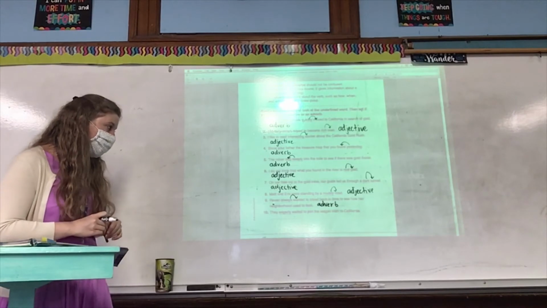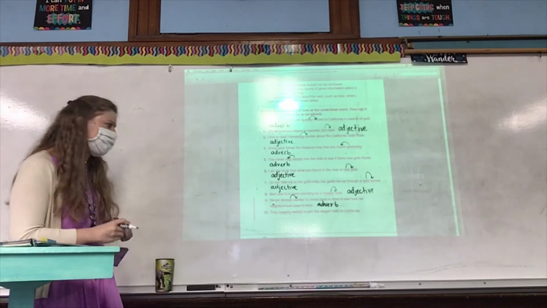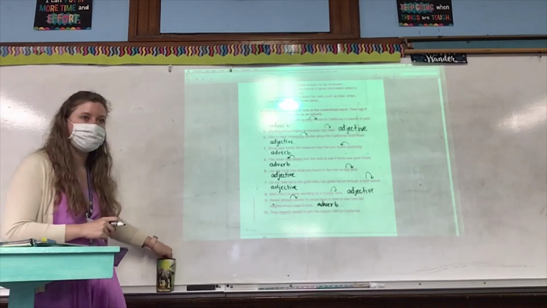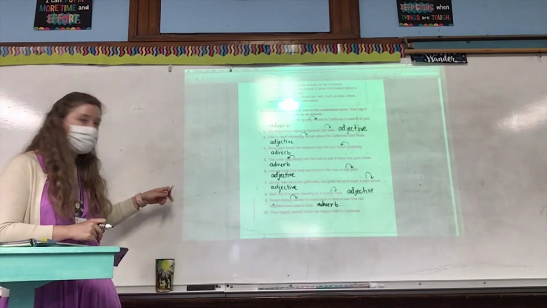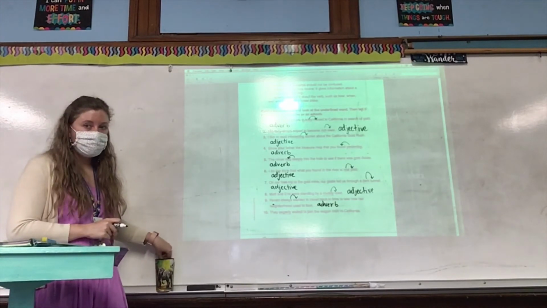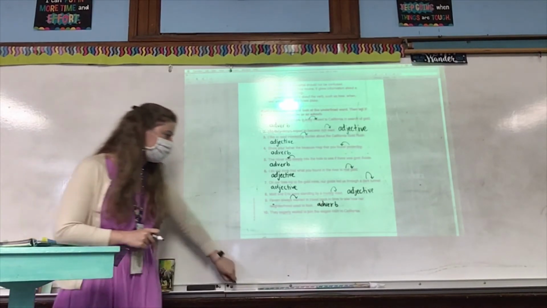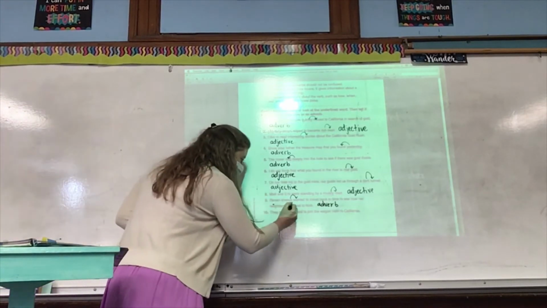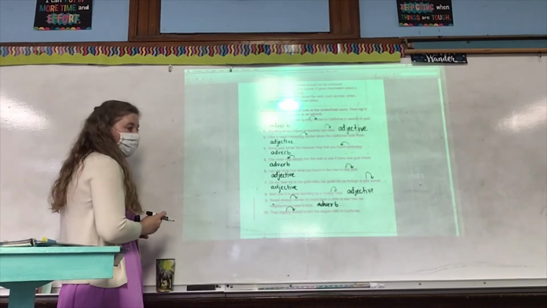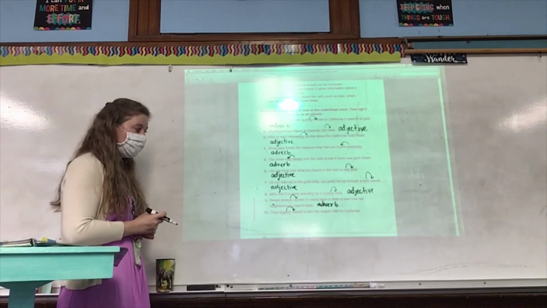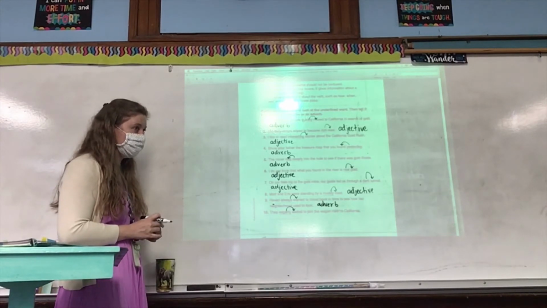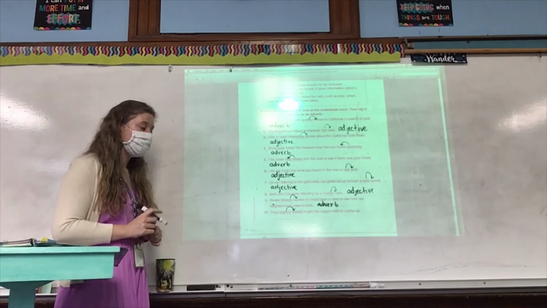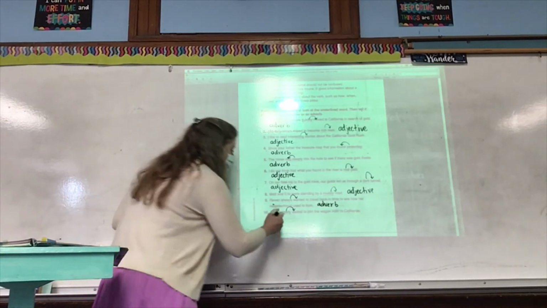Number 10, they eagerly waited to join the wagon train to California. Let's see, I keep picking people. Who has not gotten a chance to do one of these yet? Zadie. Eagerly describes what? Waited. Is waited a noun or a verb? A noun. A noun, it's a person, place, thing, or idea? No, it's a verb, which means eagerly is a what? An adverb.